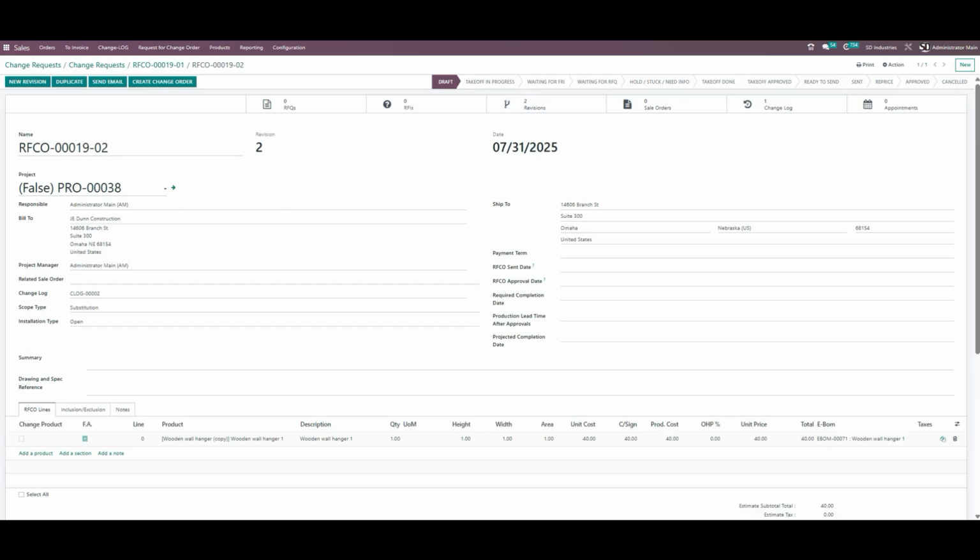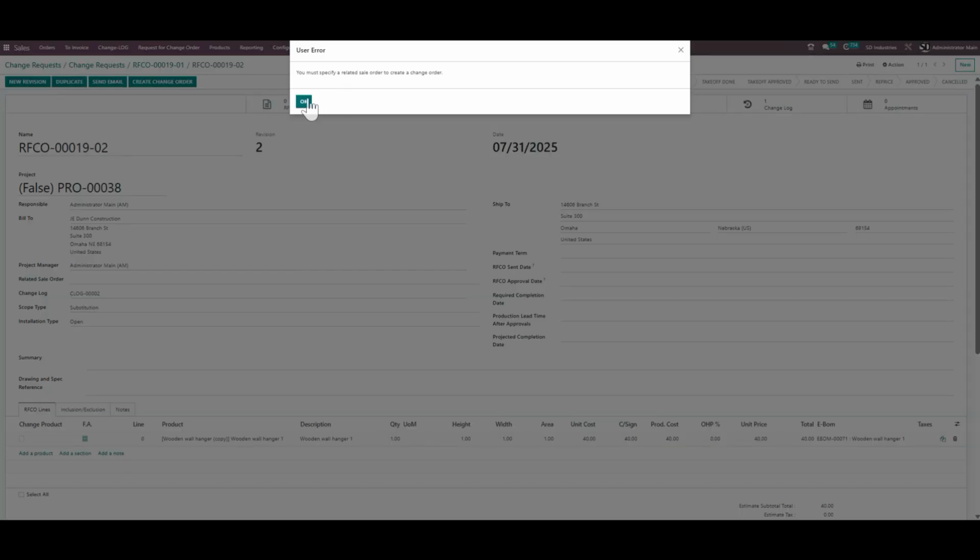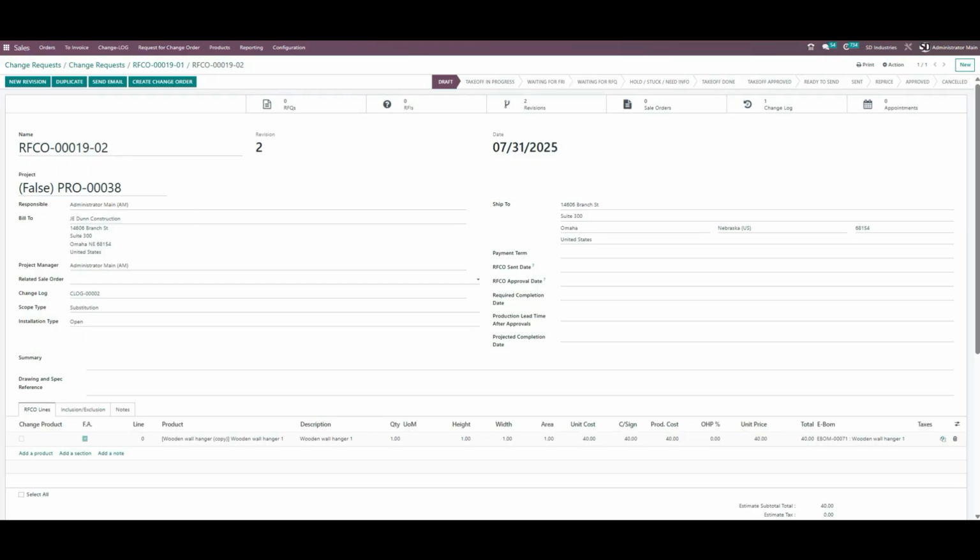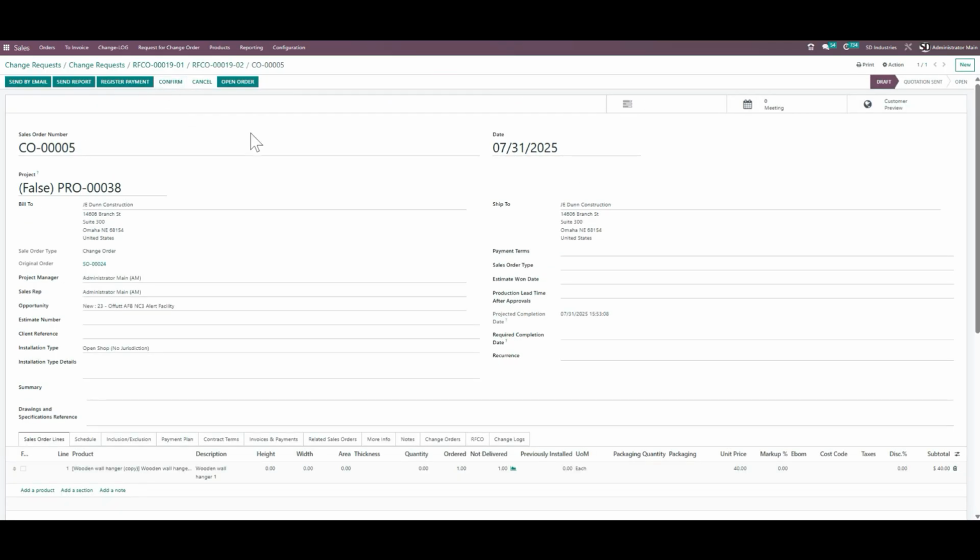Once it's been put to the approved stage, you can create the change order. You have a button over here for the change order. You can click on the change order button. It asks you to specify a related sale order to create the change order. I just need to specify the related sale order, which is the one. Okay, I missed that. And then once you click on create change order,